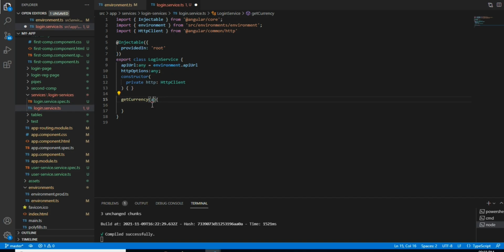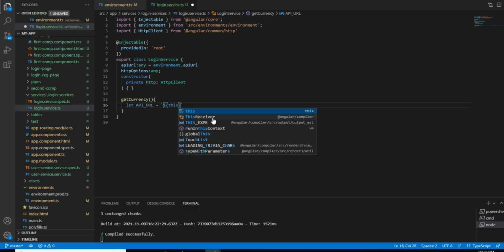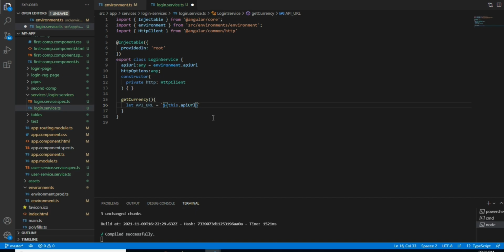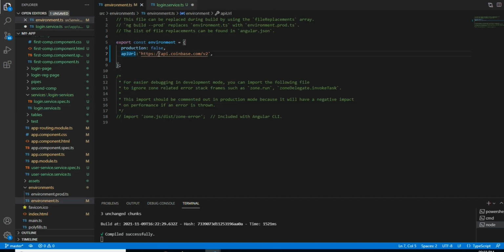I'll show you the website also where I am using this public API. Okay, so here we will assign a variable inside the function. Let API underscore URL is equal to a backtick, dollar, and here we give this dot API URL, which is the URL included here, slash.